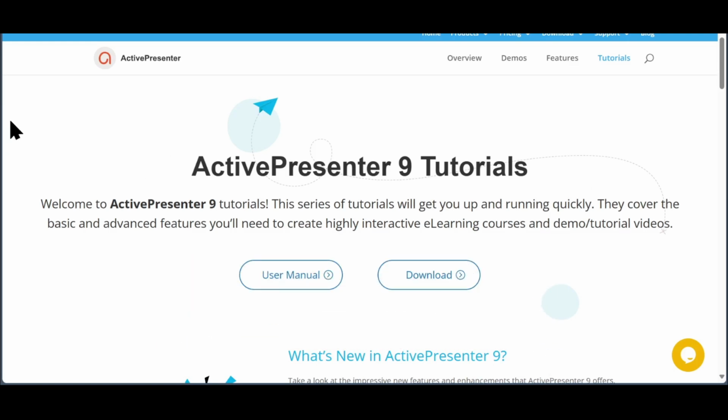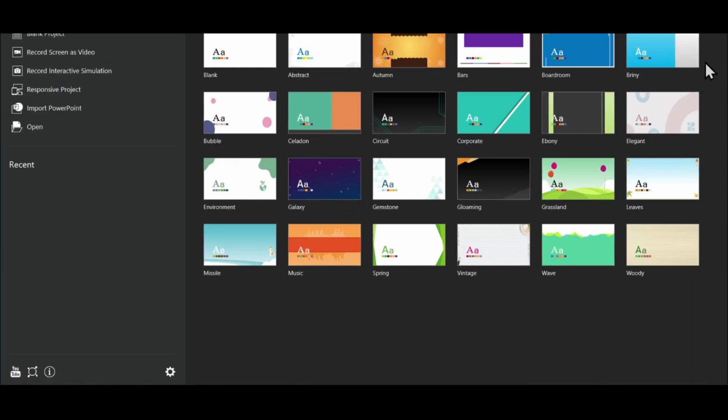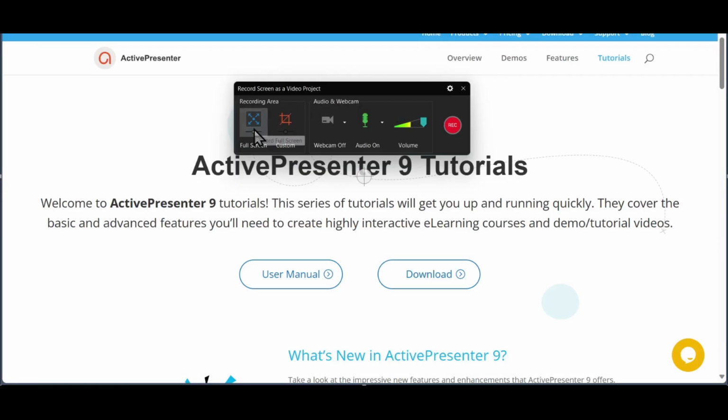If you open the Active Presenter website, you can actually download this software for free. As you see here, you can click on download and then you can install the file. After that, this is what you will see. You can click on record screen as video. I will click on full screen and then click on rec,